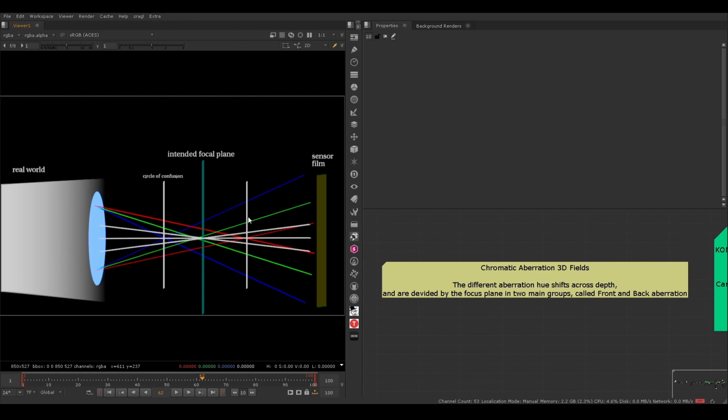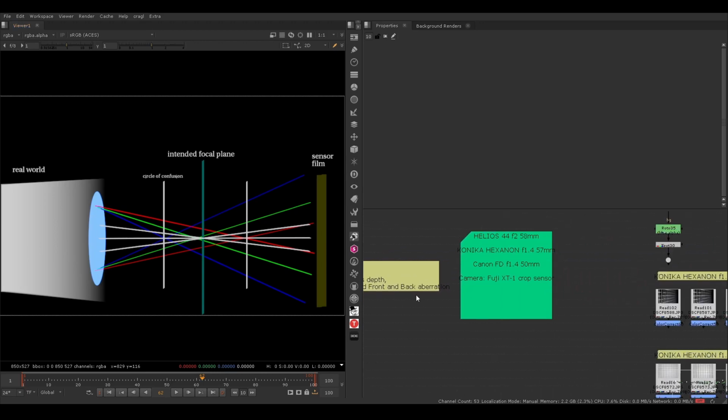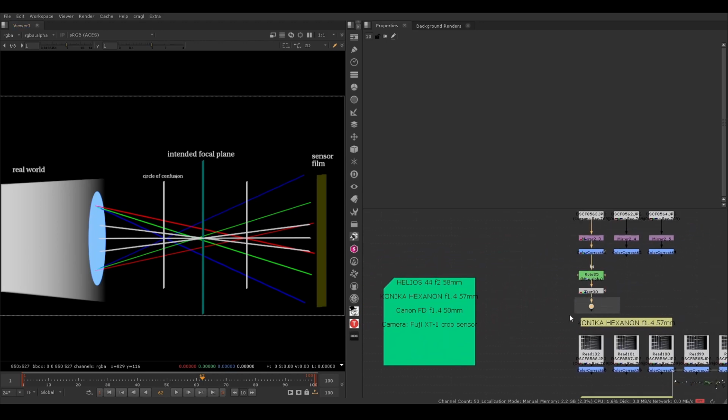So this is our circle of confusion. This is pure focus, but this circle of confusion is still the area that we perceive as being sharp, and this is what I call the focus area. So this would be back aberration, and this one is front aberration. So you have these two areas, front and back aberration. That's all I wanted to show you, and let's now go